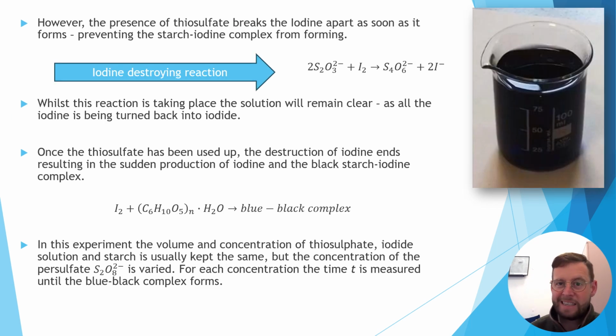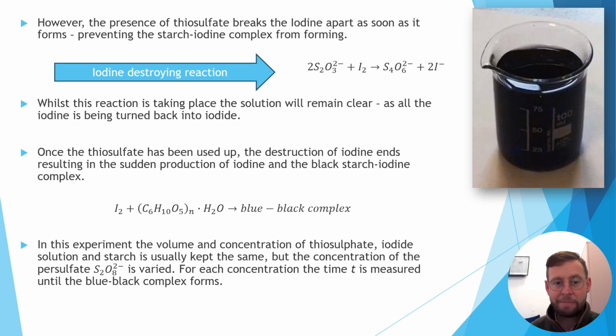You see, what we've added is something like sodium thiosulfate. And the thiosulfate ion, the S2O3 2-, actively attacks the iodine that's freshly formed. It means that while there are still thiosulfate ions in this solution, you won't see the iodine reacting with the starch to form the blue-black mixture. It's only when the thiosulfate is all used up that iodine can then persist to react with the starch